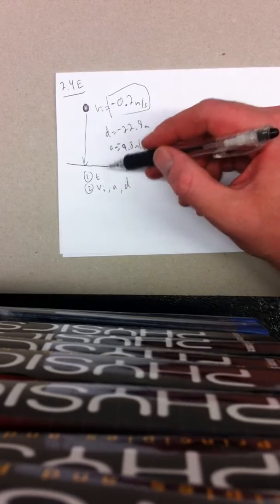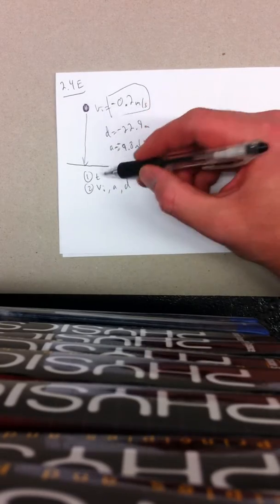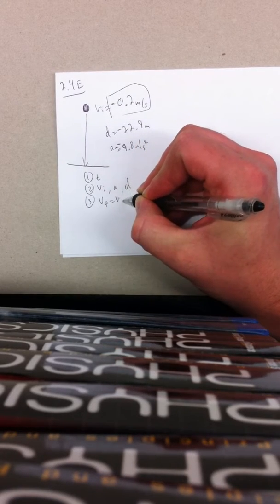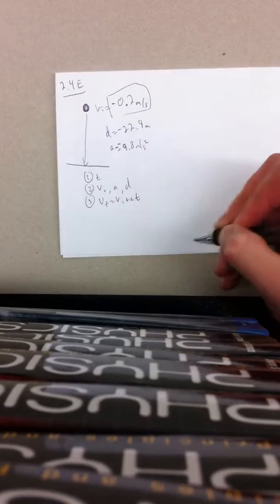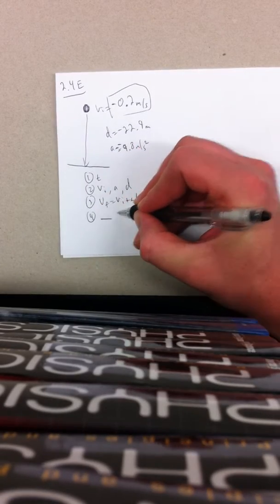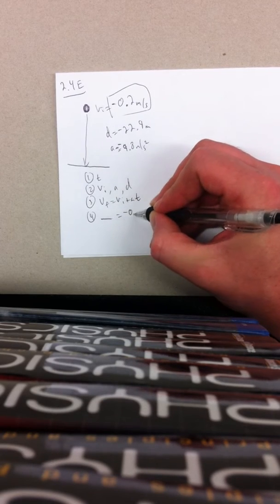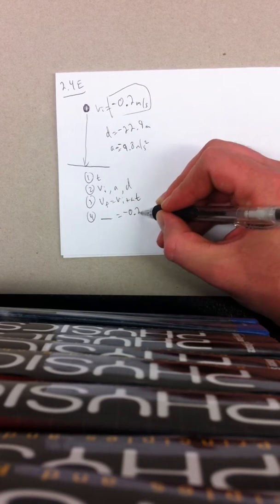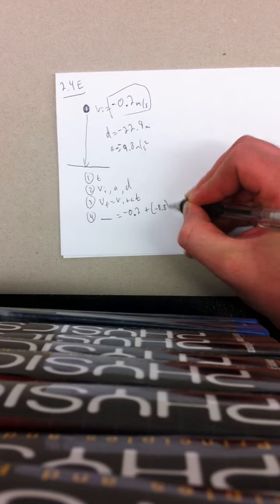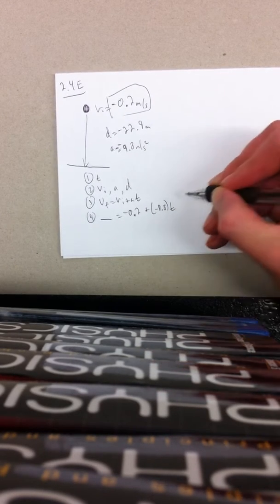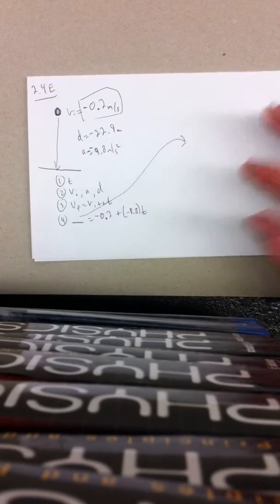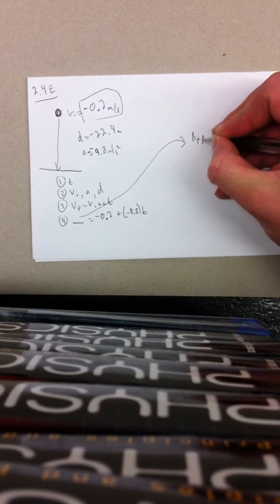Whenever you're faced with a case where VI is not equal to 0 and you have to solve for time, your best bet is to do a bypass using VF equals VI plus AT. And step 4, VF is unknown, VI is equal to our code, split in half, plus negative 9.8 times T, which is what we're solving for. Now the bypass gets done over here. So in our bypass,